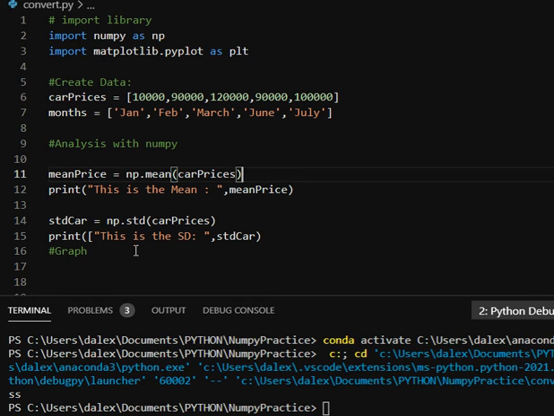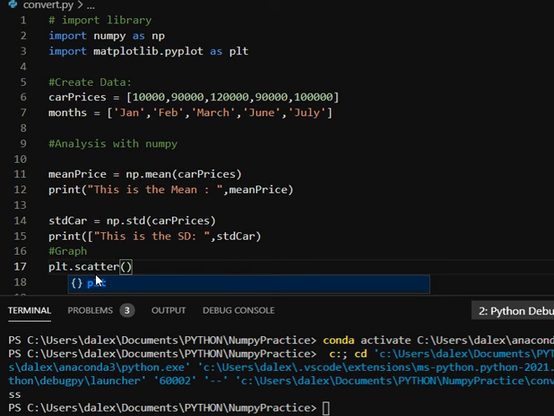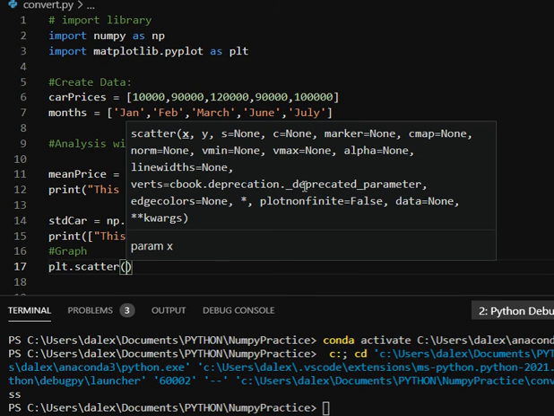All right, let's create a graph, because we already have those values here: 5 values for prices and 5 values for months, and we already imported the library here. We could just call the library as plt. So I could say something like plt.scatter. That's going to be one of the graphs that the library has, and then I want to do something like x and y. So if you have an axis x and y,